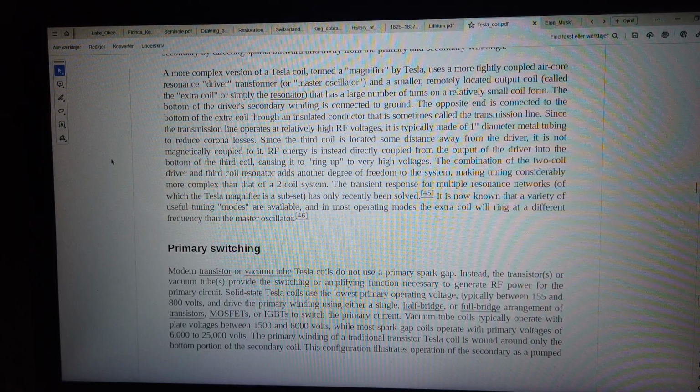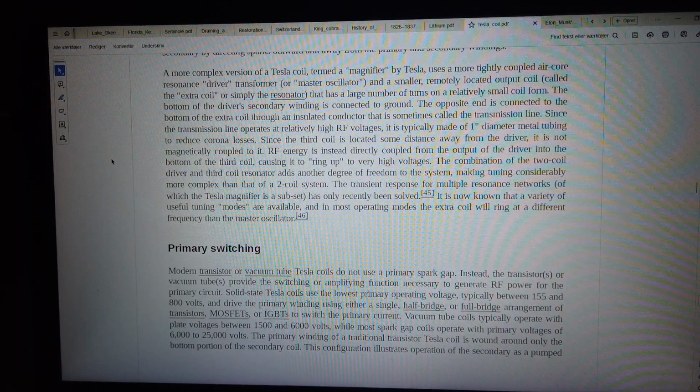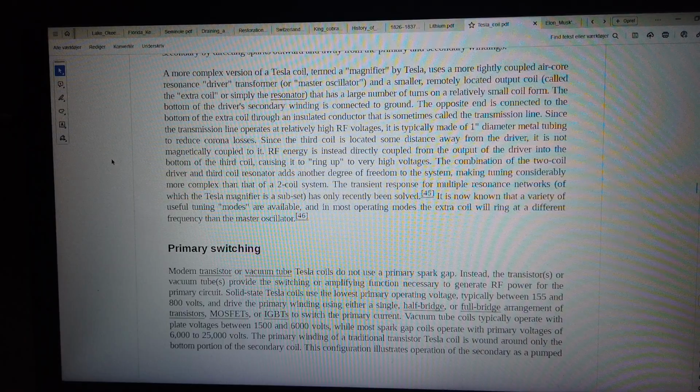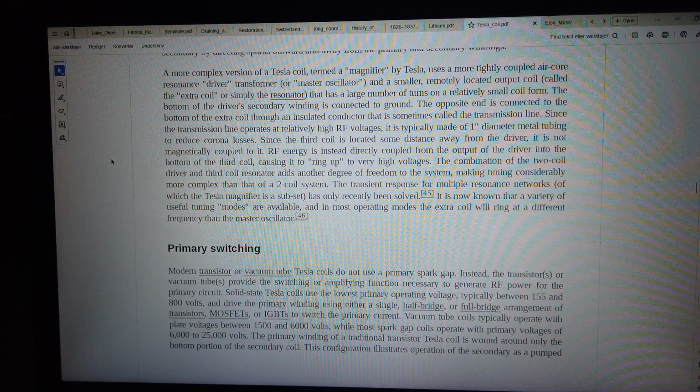The primary winding of a traditional transistor Tesla coil is wound around only the bottom portion of the secondary coil. This configuration illustrates operation of the secondary as a pumped